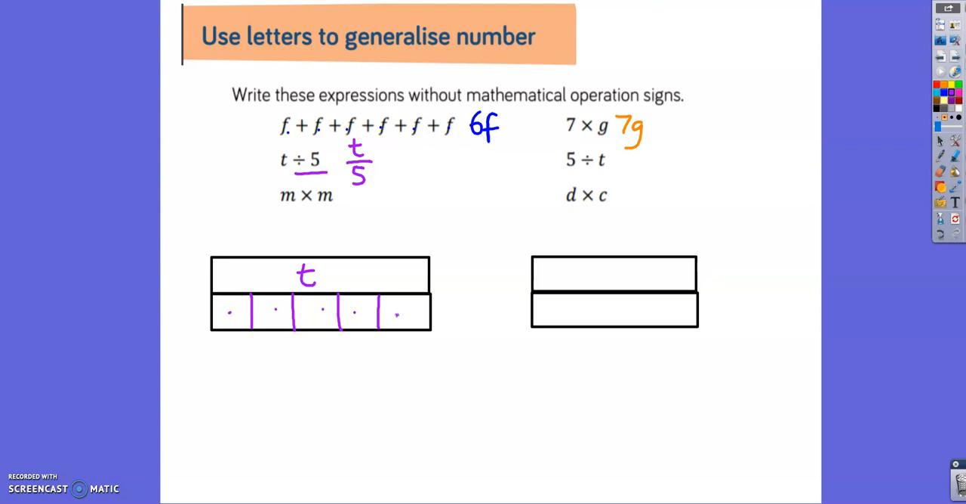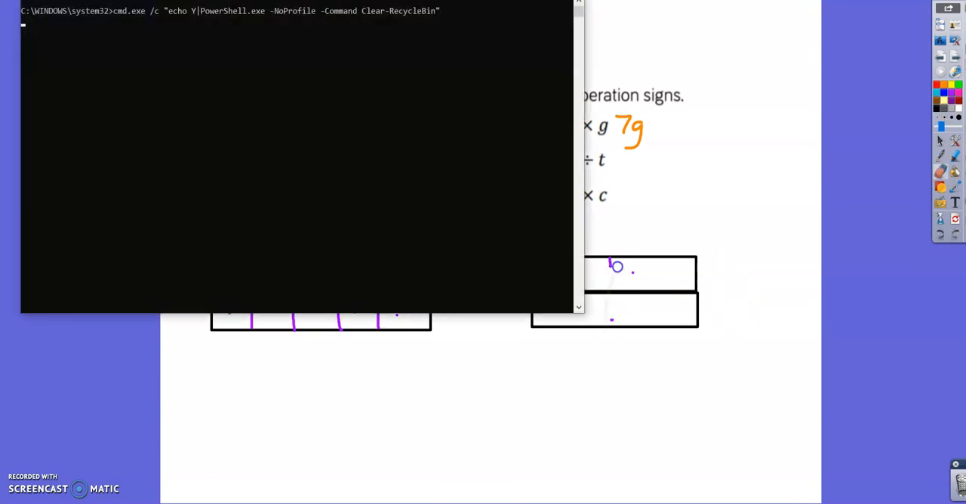In the same way, if I had half, I've taken my 1 whole, here, my 1 whole, and I've divided it into 2 equal parts, 1 divided by 2. Same way, I've taken my t, divided it into 5 equal parts, t divided by 5. So if I bear that in mind,